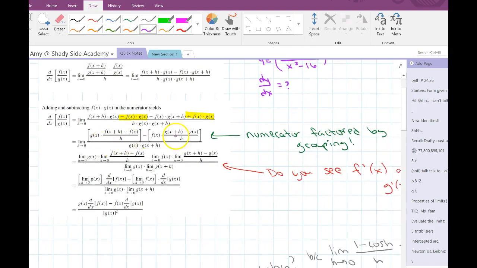I kind of gave some little anecdotes. What happened in the next step was, if you look over here, the first two terms were grouped, okay? And the second two terms were grouped, right? And if you look at the first two terms here, f of x plus h times g of x minus f of x times g of x, the constant factor there is g of x, factored out, and you're left with, in the parenthesis, f of x plus h minus f of x, okay? And the over h,